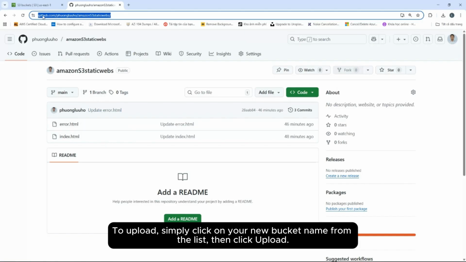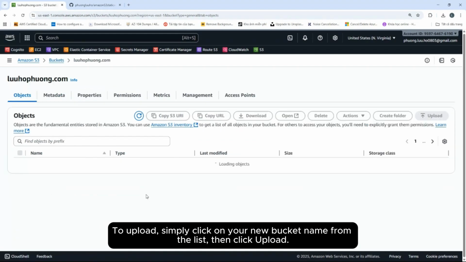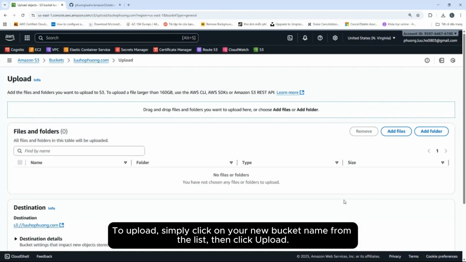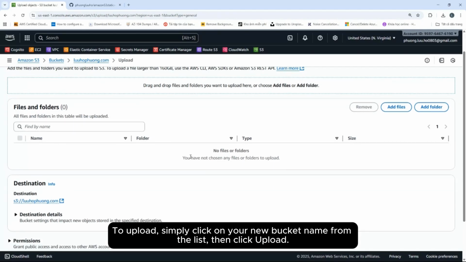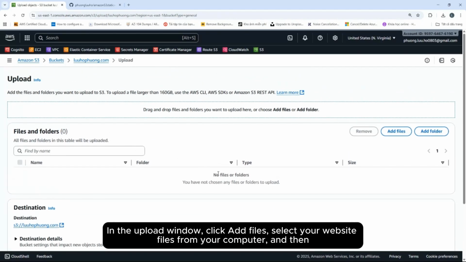To upload, simply click on the bucket name from the list, then click Upload. In the Upload window, click Add Files.